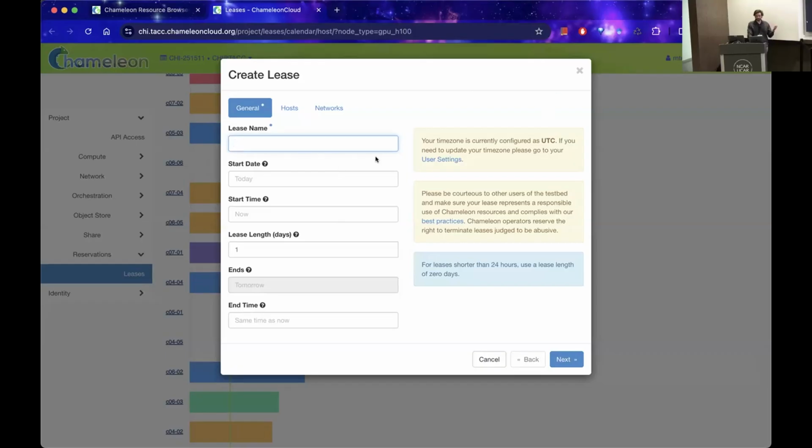box. This is great because before, again, there was a lot of switching back and forth. You had to go check the calendar, then you had to go back to the lease page and then click new lease and so on and so forth, right? So this is nice because here I can just see the node, it's free, I can click on it and boom, I'm already making my lease for it. So I'm just going to put